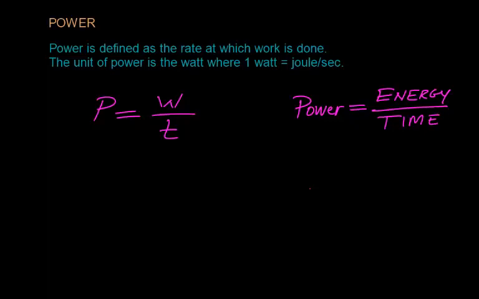If I would like to evaluate the amount of power that is done by a given force, all I need to do is find the work done by that force divided by the time during which the force was doing work. If the force is a constant force, this can be simplified into F times the average speed. A little bar on top of a given variable like this one here means the average speed.